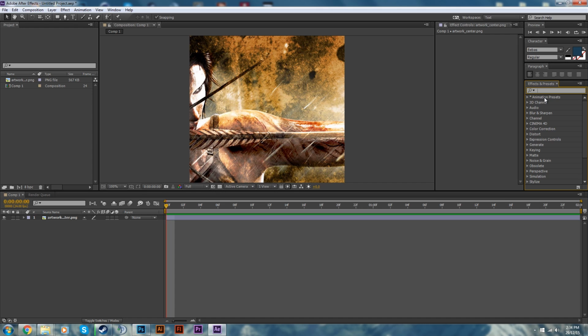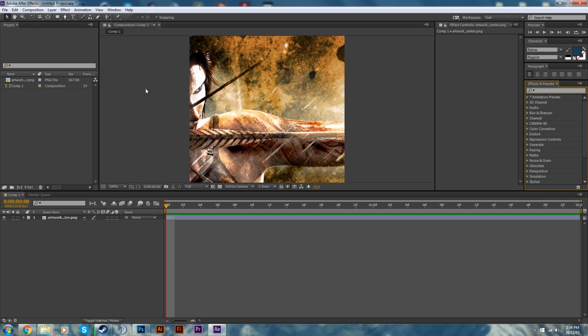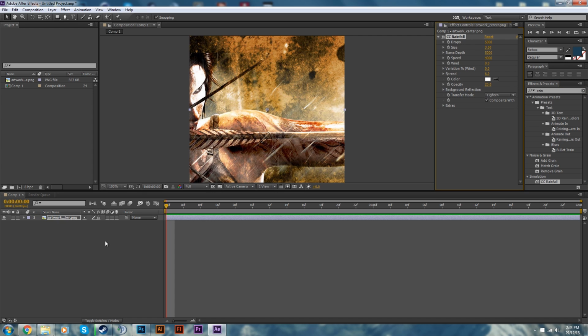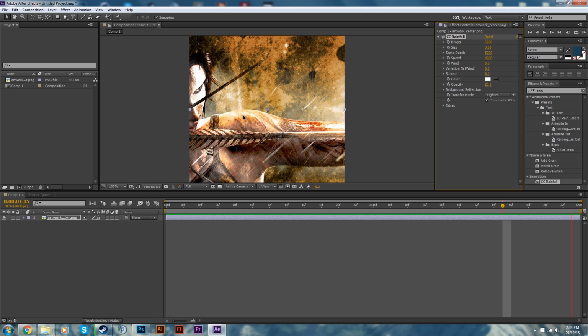So if we go to our Effects and Presets panel, which can be found under Window, Effects and Presets, or Control 5, we're going to type in rain, and we'll go down to Simulation, and we've got CC Rainfall. So we're going to apply it to the artwork, and we're just going to preview it quickly. You can see that the rain is falling down on this piece, but we don't want it as